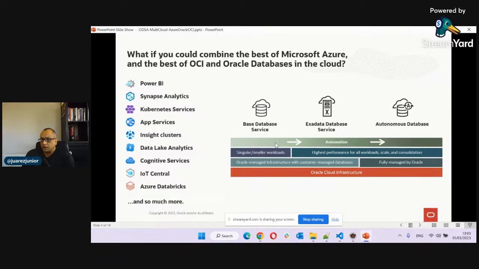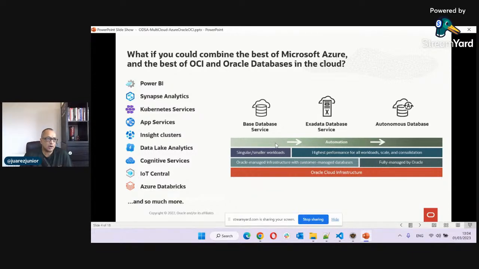We have Exadata, which has features concerning clustering, rack, real application clusters, and many other enterprise features. And the Autonomous database, which is pretty much the same database, but autonomous because it has in background several AI related services and jobs that run in background to optimize, fine-tune, and patch your database. But as the baseline for that, we have the OCI, the Oracle Cloud Infrastructure. And the integration concerning both clouds,